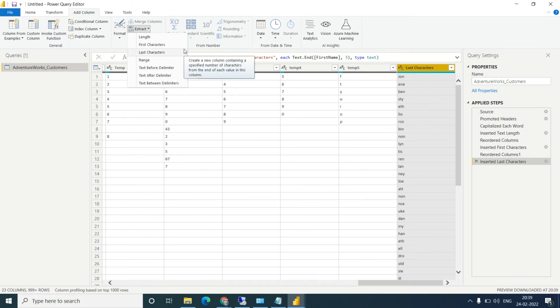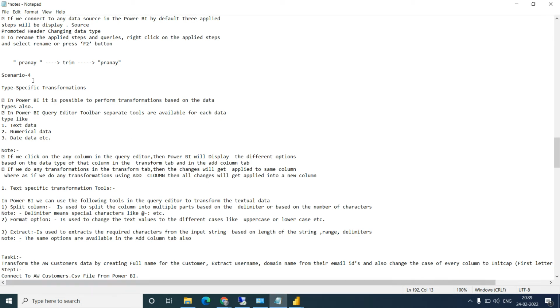Now there is also a range. Range means, let's say you have a name, let's say this is Pranay. I want to take out from the second to the third, second to the fourth.